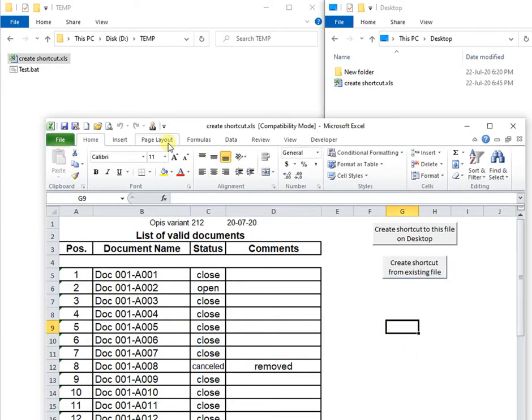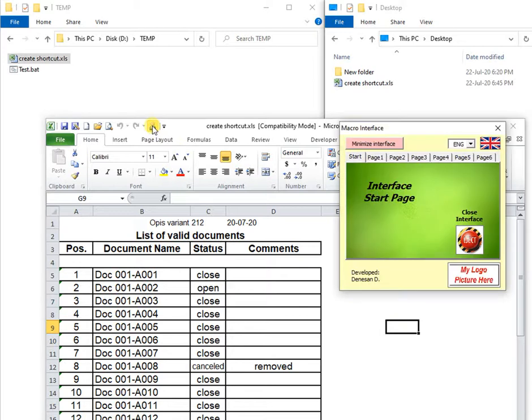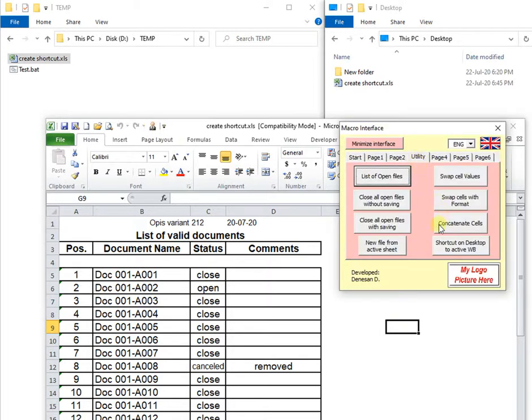Also, now you can see why it is important to use a personal.xlsb file to store all useful macros in one file, to work with any open Excel file, and not